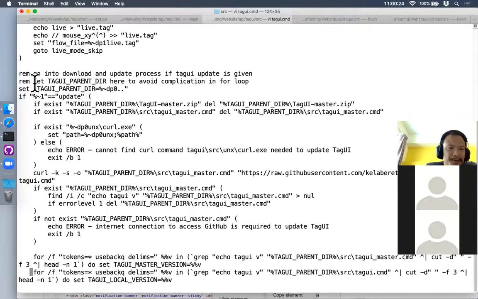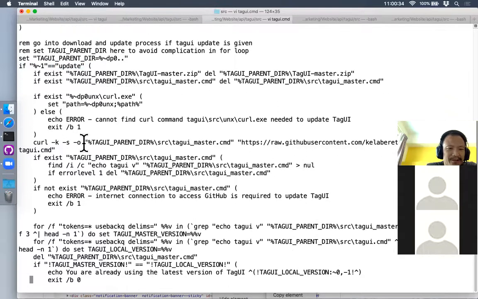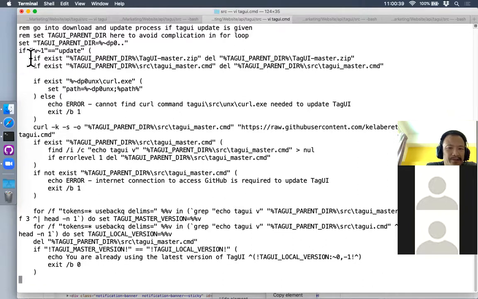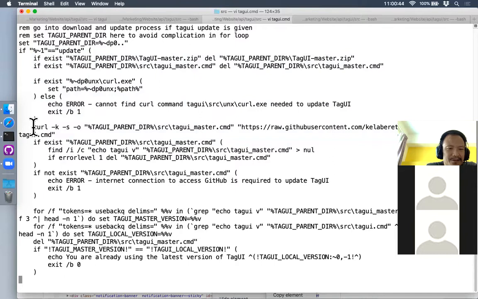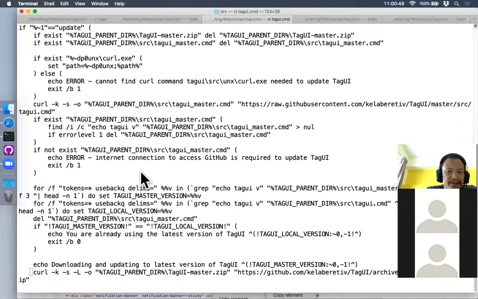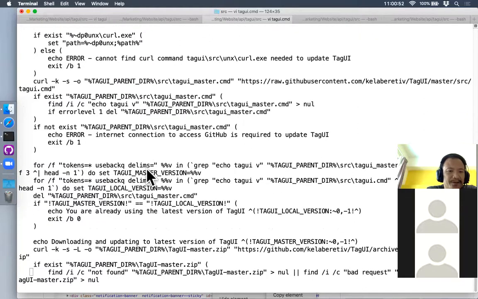Over here, this was newly added 7 or 8 months ago, where there's an update option. It goes and downloads from the GitHub repo and overwrites. You basically check whether there's a zip file, various checks essentially. You want to compare the version you have with the latest version on GitHub. All these are batch file scripting syntax,